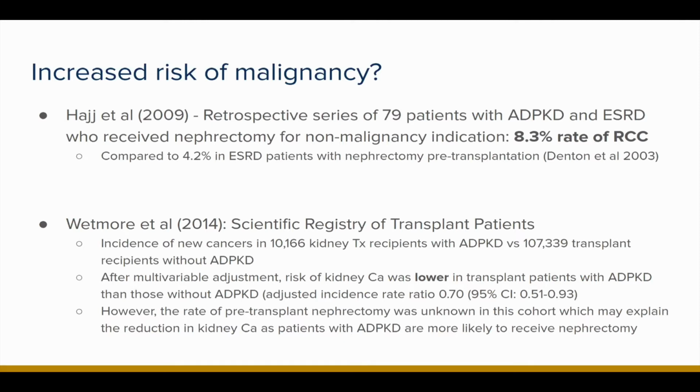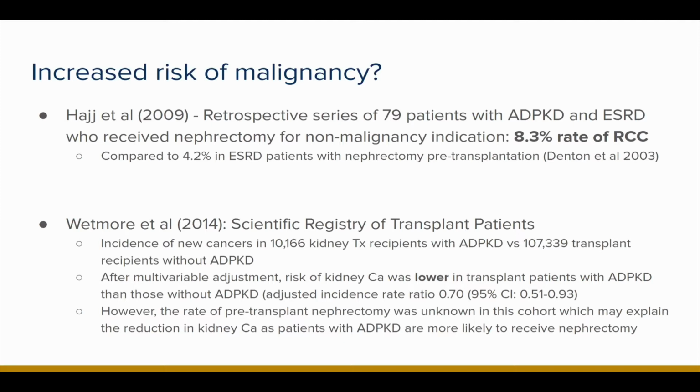Presents a retrospective series of 79 patients who had both polycystic kidney disease and end-stage renal disease that received nephrectomy for an indication that was not malignancy, predominantly pain-related. And they found that in these specimens, there was an 8.3% rate of renal cell carcinoma, all of which were T1 stage. They didn't have a comparator group within this study, but they compared their results to those of Denton